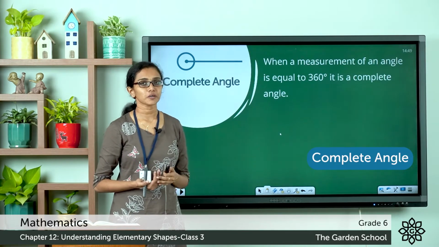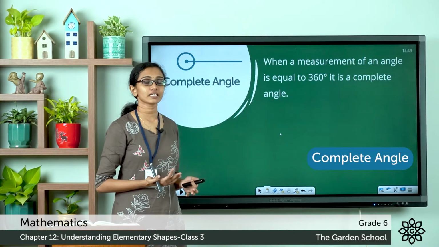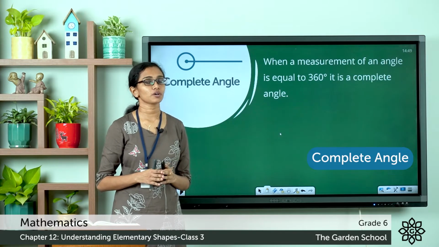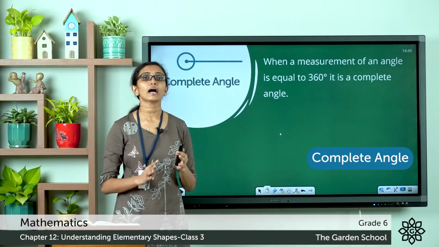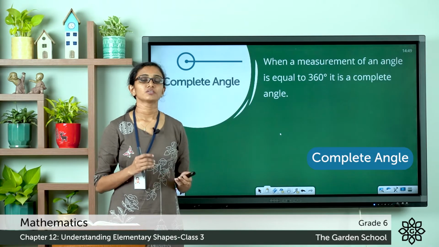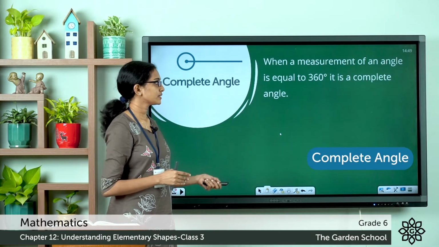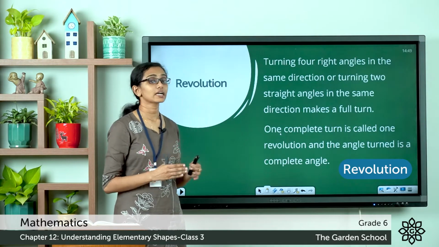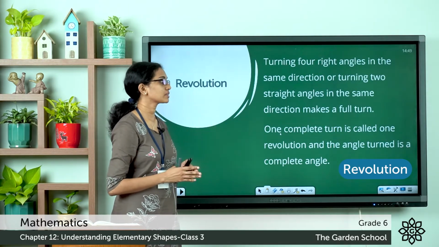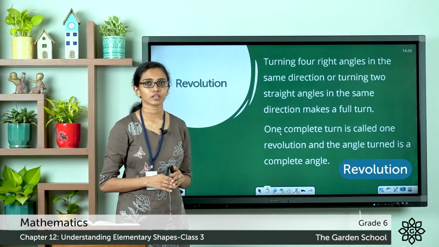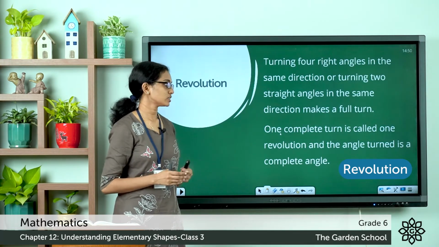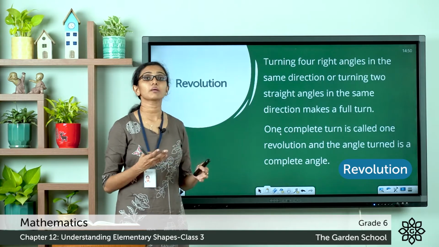That is, when the measurement of an angle is equal to 360 degrees, it's called a complete angle. It is the angle corresponding to one revolution or one complete turn. So, what is one revolution? Turning 4 right angles in the same direction or turning 2 straight angles in the same direction makes a full turn. So, one complete turn is called one revolution and the angle turned is the complete angle, which is